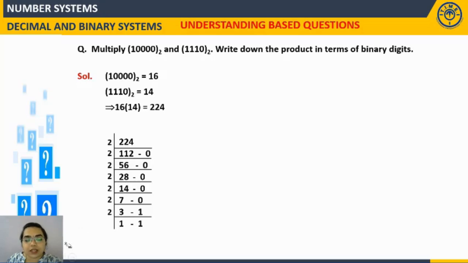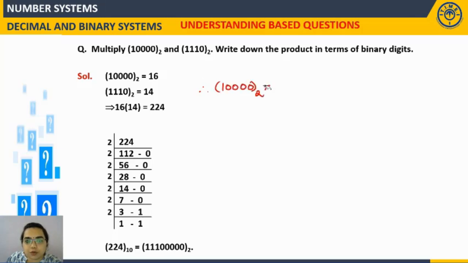Yes. So what can you see here? Start writing down from the bottom: 1 1 1 0 0 0 0 0. Yes. So what is this? This is the binary conversion of 224 in the decimal form. So you can write the answer like this: